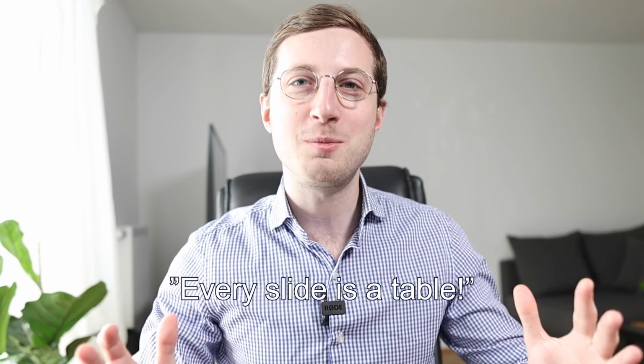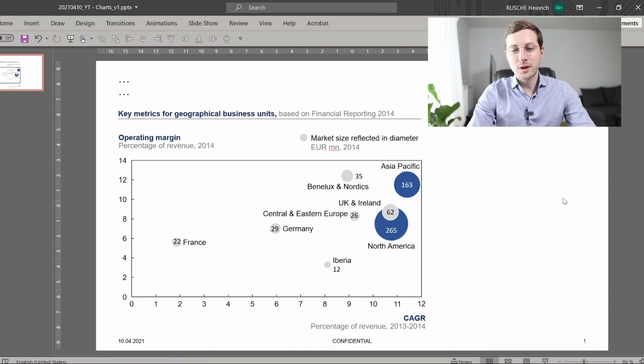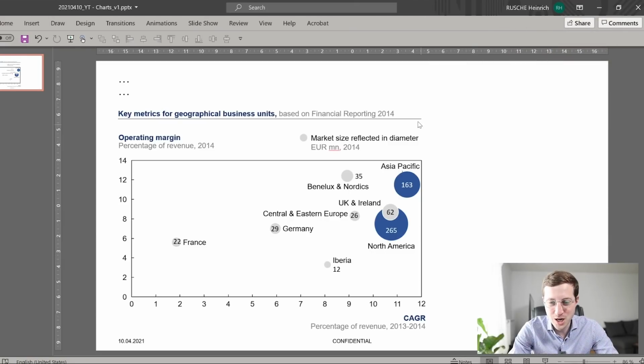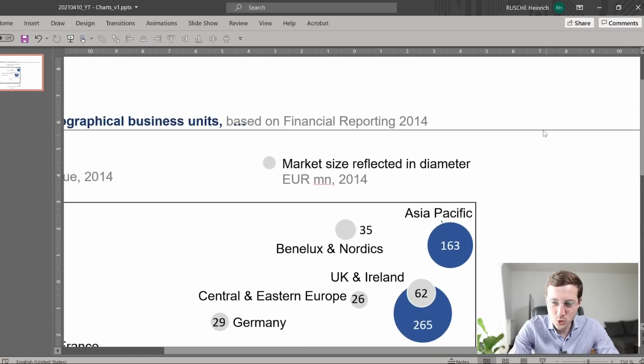And again, if you have watched other videos from me on this topic, you know one basic principle of slide writing is every slide is a table. Every slide is a table because it has columns and rows. So if you look at this page and you want to include additional information, think about it as having two columns. You have now the first big column to the left where you then include the chart as we did here, and then you can include a second column here to the right, and I'm copying over this element, and this is now the second column where you can now include some implications.